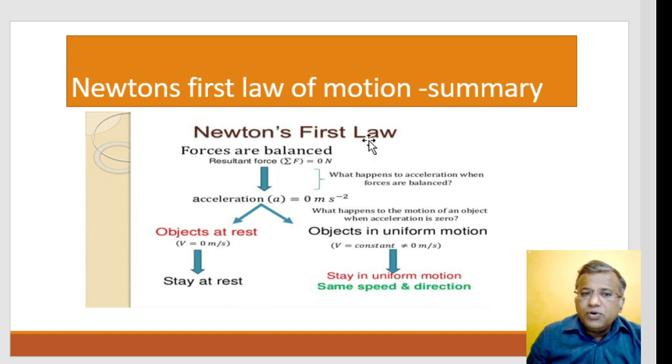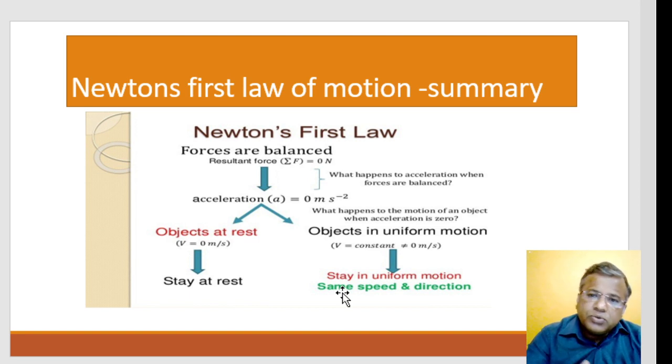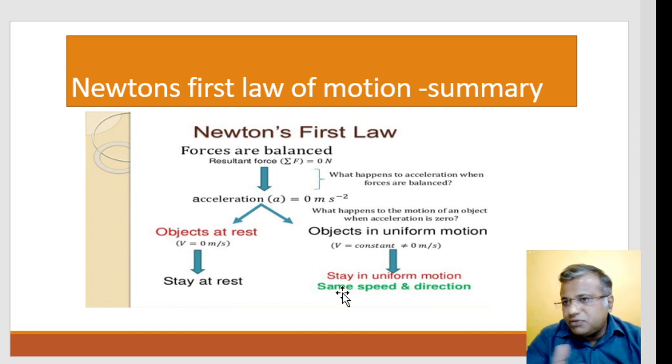Okay, so if there are no forces acting, an object at rest will stay at rest, an object in motion will stay in motion. Okay, so these are the things which we have discussed to understand the basics of physics. Just go through this video once again, and go through the earlier video once again, and things will be very clear to you about what exactly Newton's first law is, and how it can be applied in day-to-day life. You can see the situations which happen in day-to-day life.